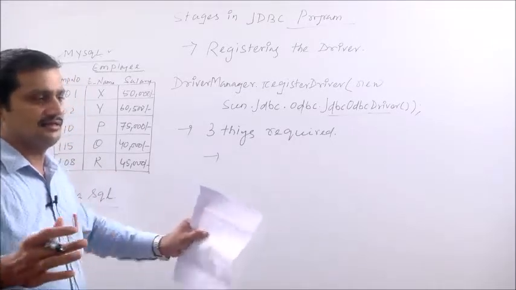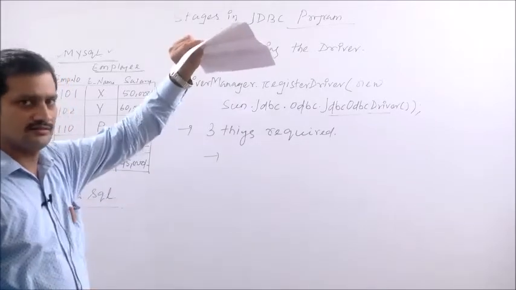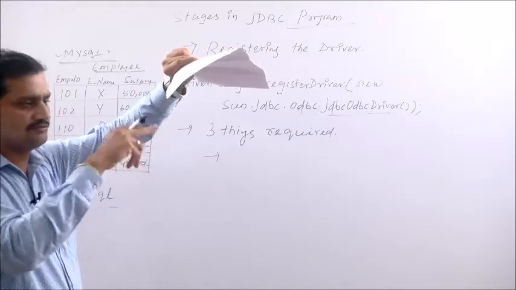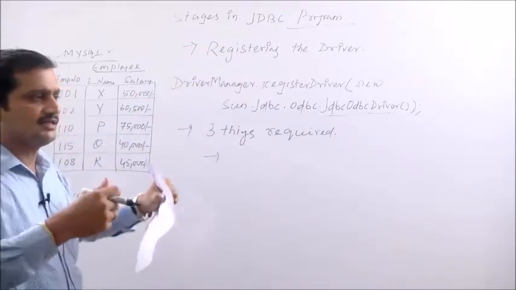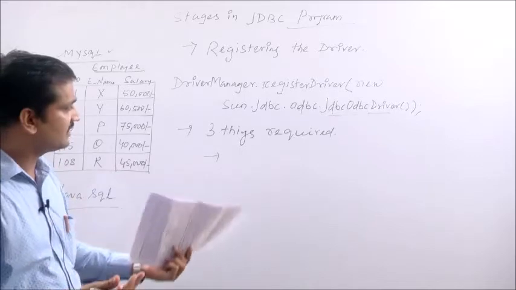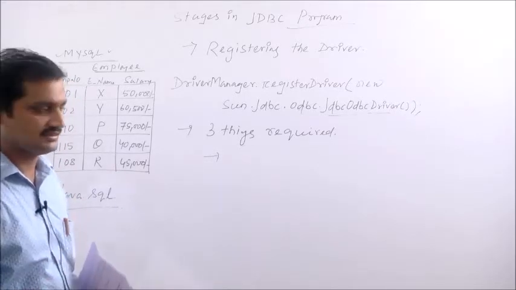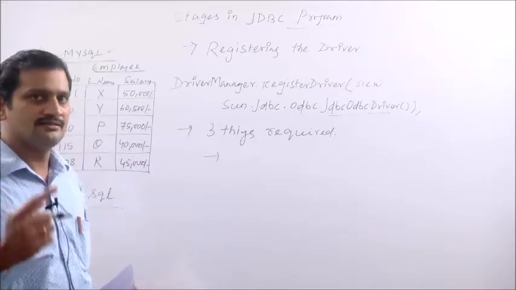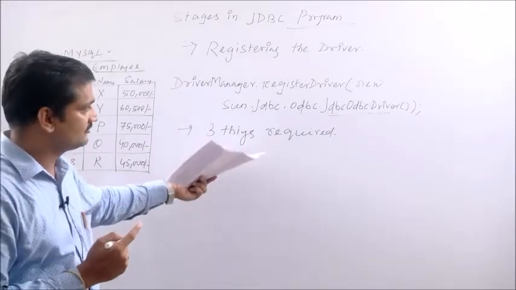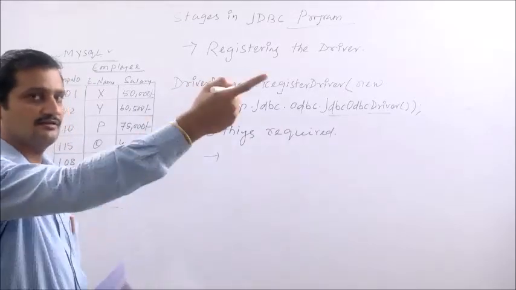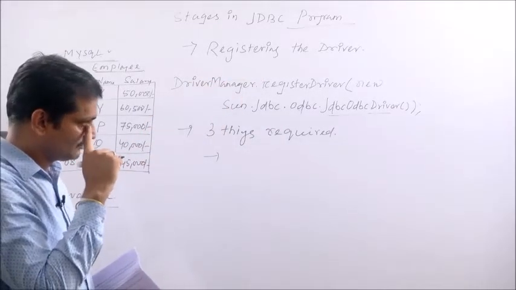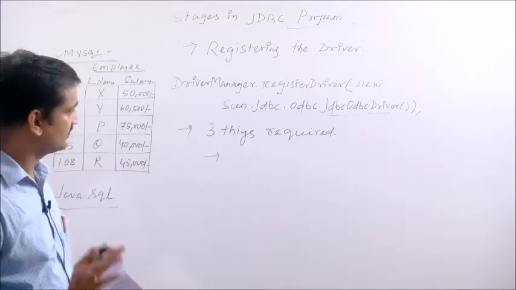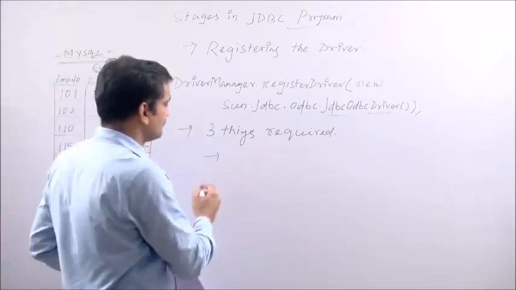Different users are at different levels. The root is the user at the top, under whom we can create many users, and users are assigned different privileges: which part of the database they can access, which part they cannot. So whenever you connect to the database, you have to provide the username and password through the application. It is not open to everyone to enter the database without any authentication. That is why three things are required to connect to the database.